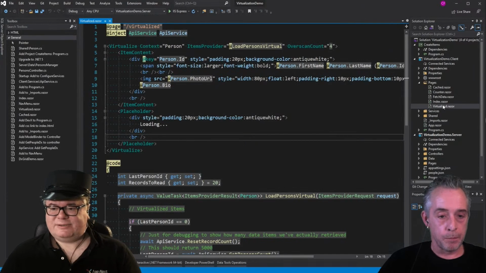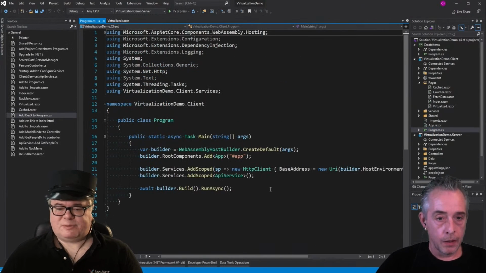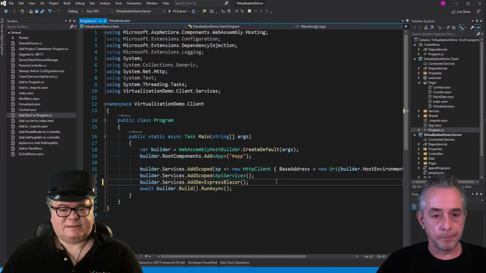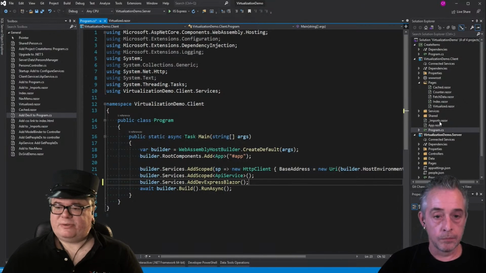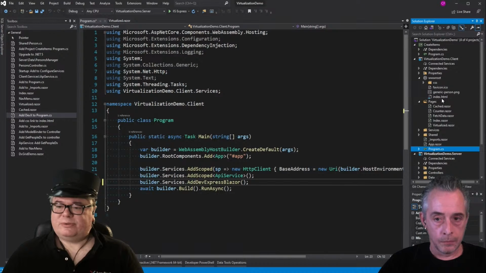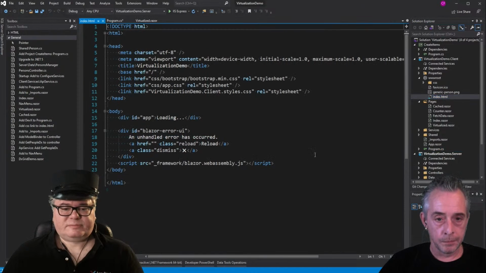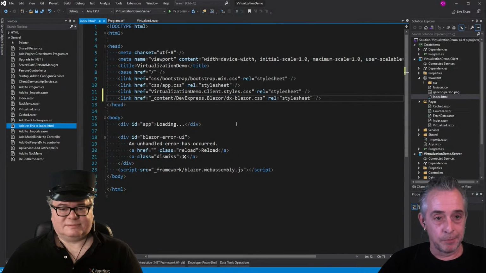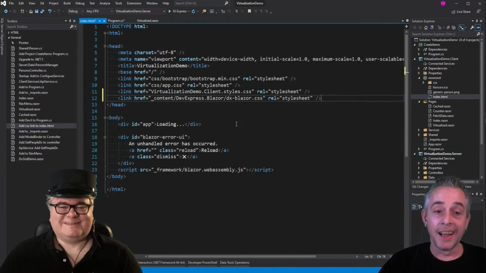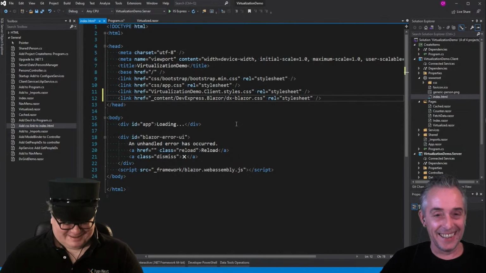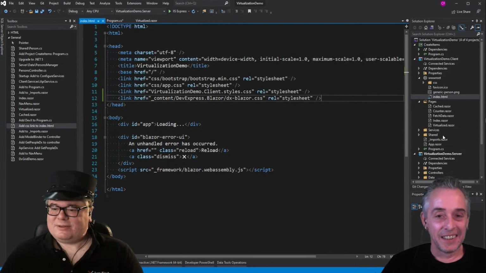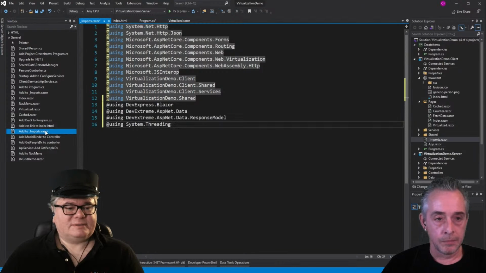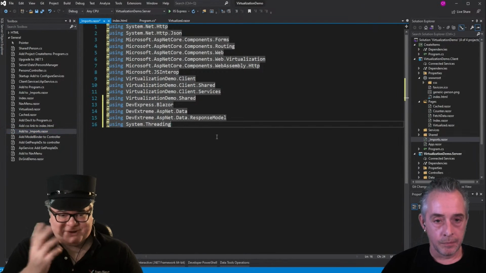All right, so the next thing let's do is add DevExpress Blazor to Program.cs on the client. And there's another step that we need to do here, which is in the wwwroot index.html. We need to add the style sheet. Very important here, otherwise things look different. And also there are a few namespaces we need to add using statements for in _Imports, so we'll do that. And now we're all set up